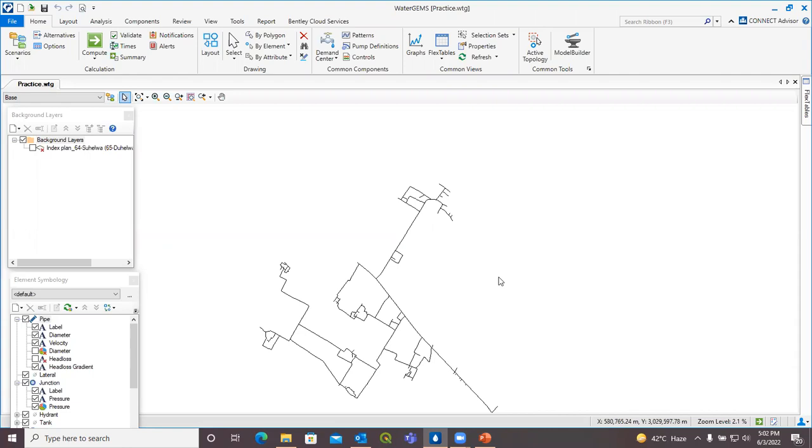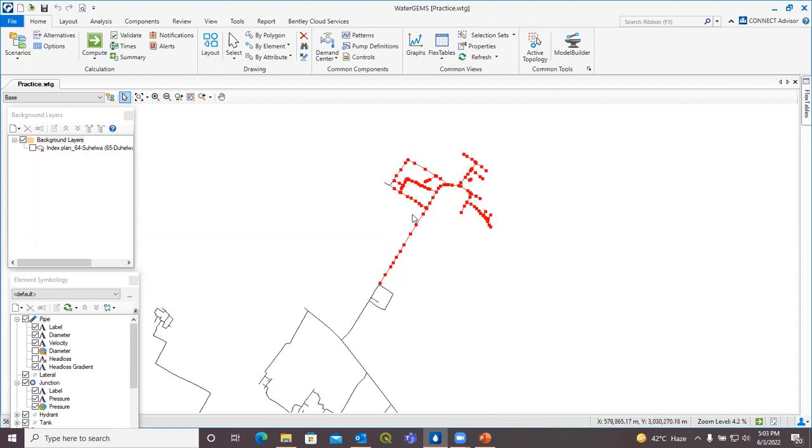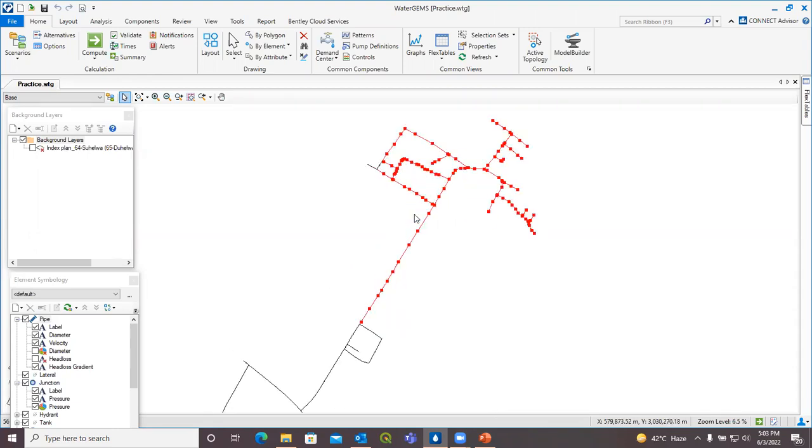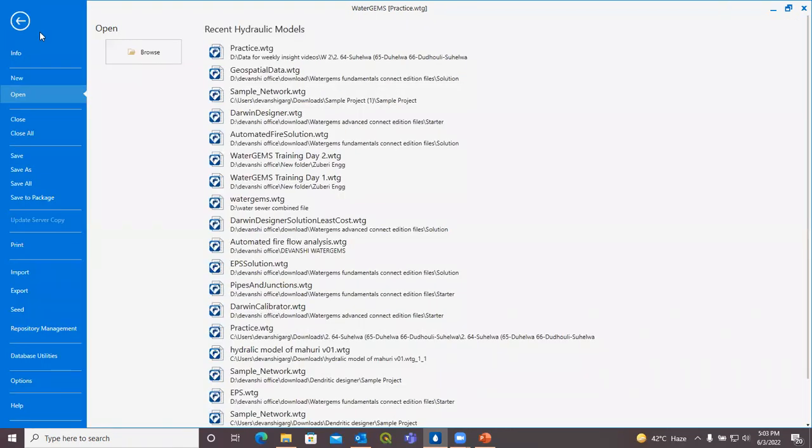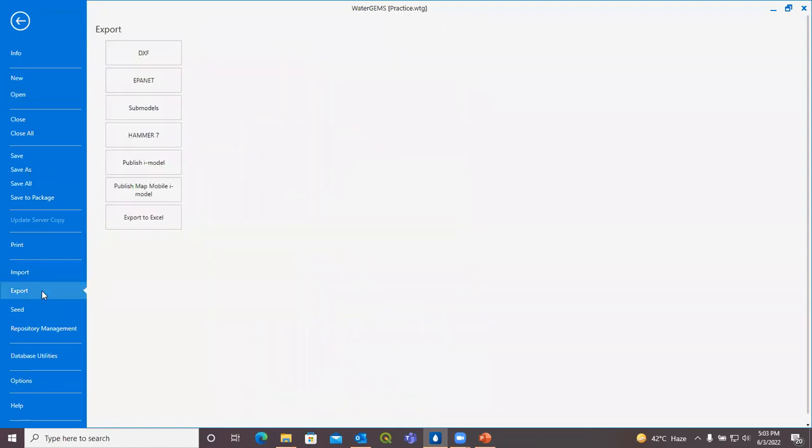For that, first of all, I will have to select that area. So I'm going to select that area that I want to export. You simply press Control K and select the area that you want to export. So, suppose this is the area that I want to export. After selecting, I will go to the File options here, and in this you will find the option Export. After clicking on Export, you will find the option of Submodels. As soon as you click on Submodels,